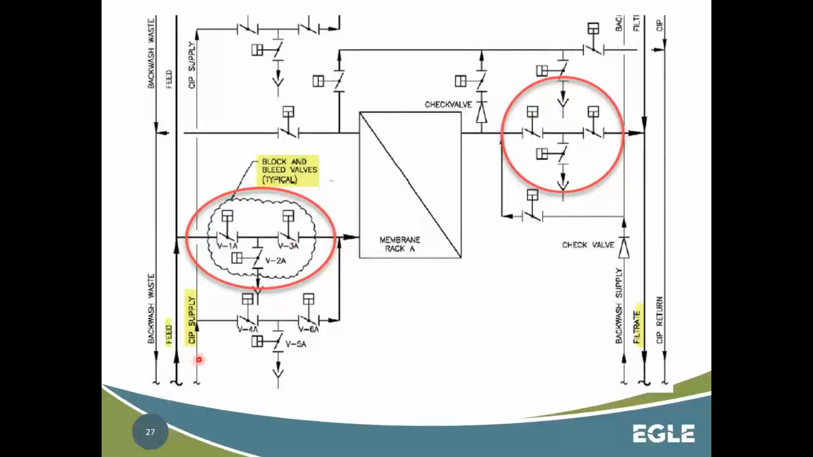And then your CIP line that has your chemicals in it, which ties in right here, normally, because again, you only do your CIP infrequently throughout the year, this would be closed, this would be closed, and this would be open. And so the purpose is if this first isolation valve failed for some reason, because it's a mechanical piece of equipment and it will fail eventually,